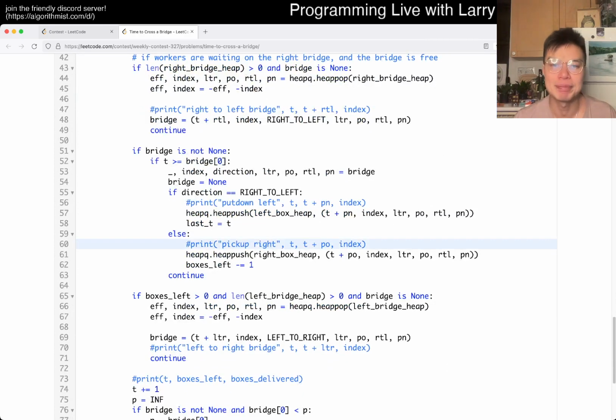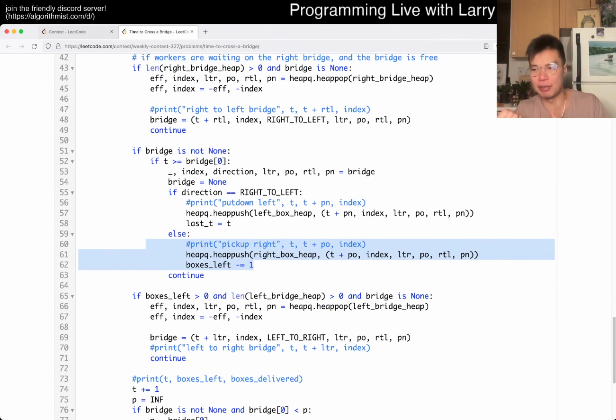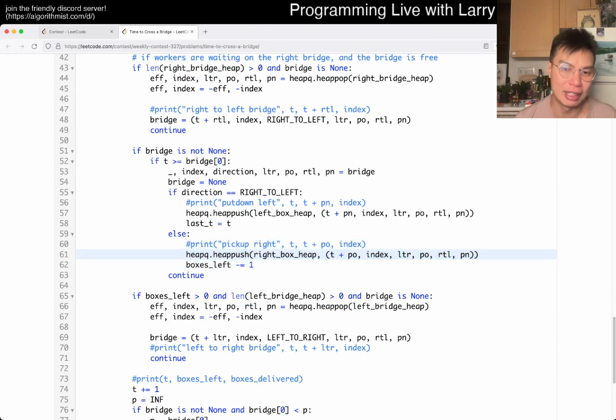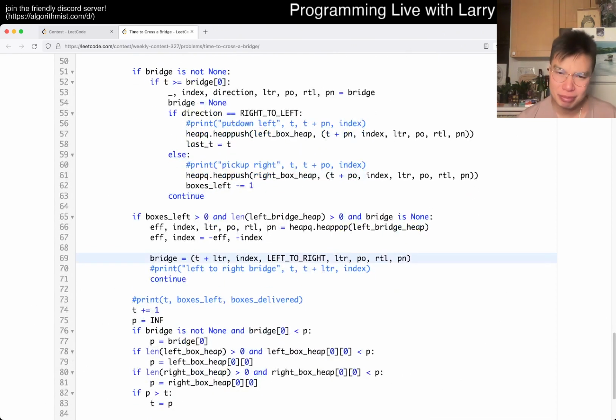The same thing here, except for the right box. So we pick it up because it just got off the bridge on the right side. It goes to pick up the boxes. And of course it is ready to pick up the boxes in t plus po. And then lastly, this is basically the same idea. So I'm not going to go into detail that much, but